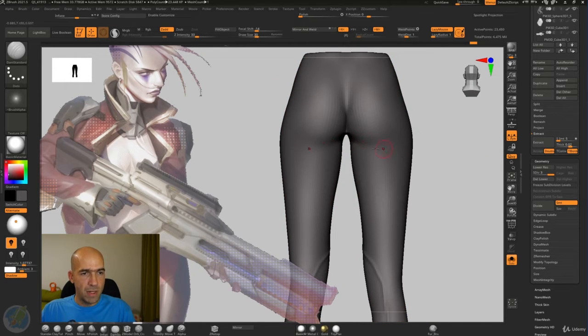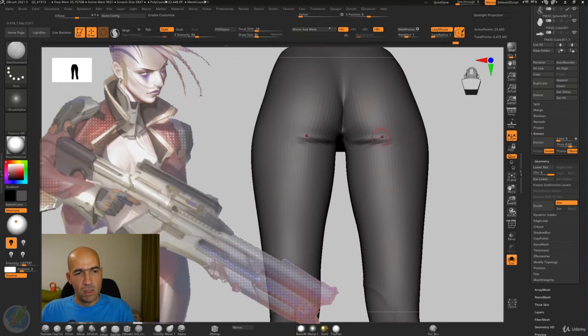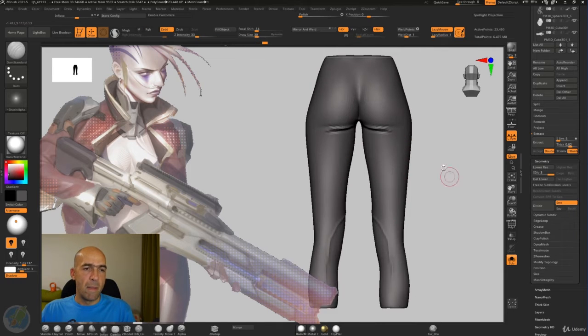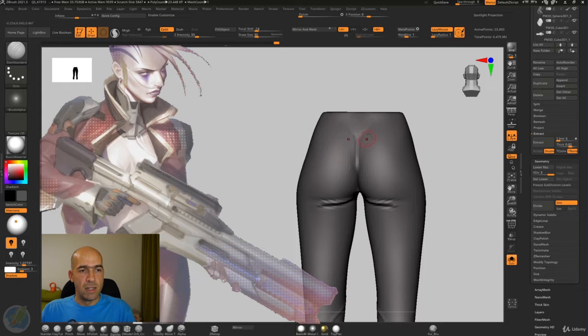And then here we'll make some kind of a fold like this. Yeah, we should kind of look at some references for